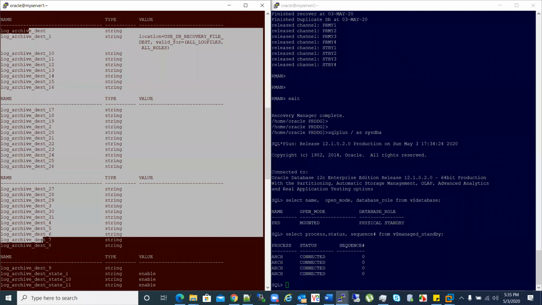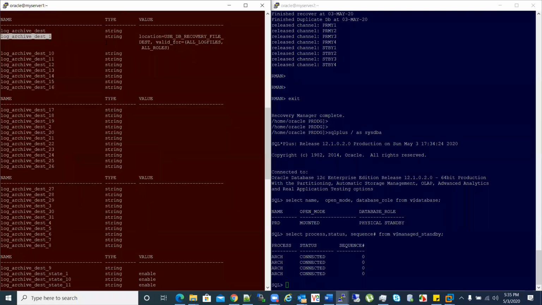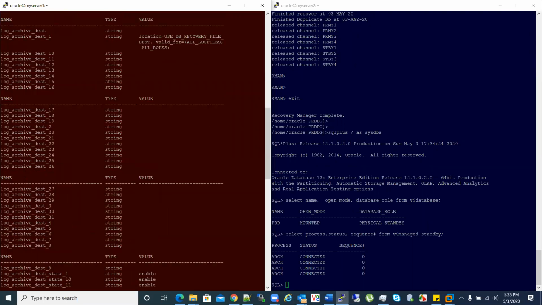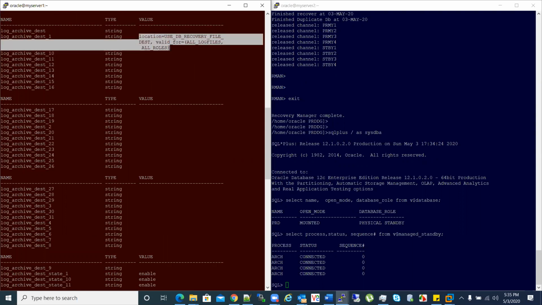But whatever value is set, for example, log_archive_dest_1 is set and it says use db_recovery_file_dest. So db_recovery_file_dest is FRA. When you switch logfile, it checks all these log destinations, and if the value is set, it will go to that location and create archive logs from online log files.